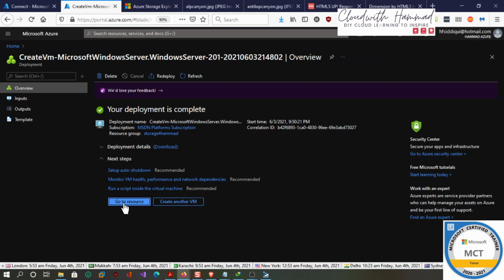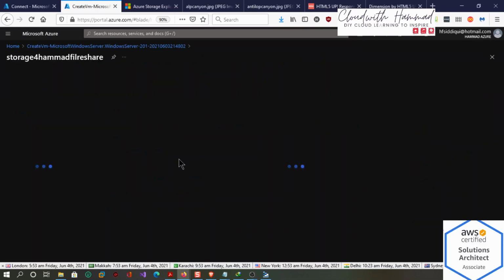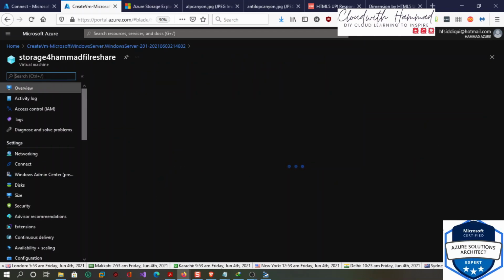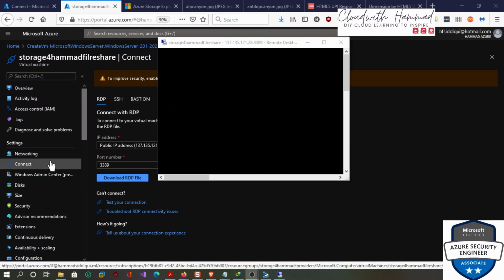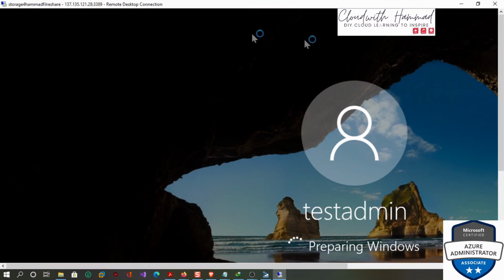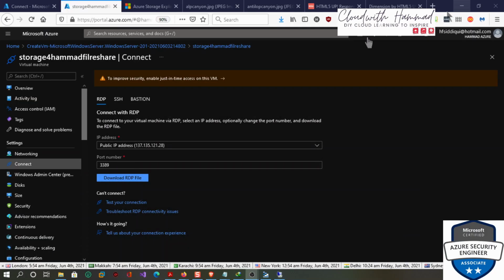Guys, so the VM is ready. I'm going to log in and I'll be right back. Alright guys, so I'm logged into the virtual machine now. You can see the virtual machine storage for Hammad, file share, and then this is a public IP. It's loading up. So the first thing we're going to do is minimize this, and we'll go back to our connect,